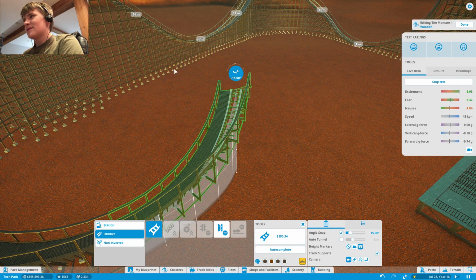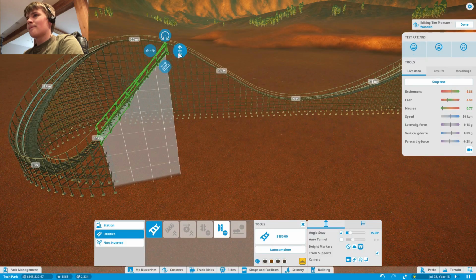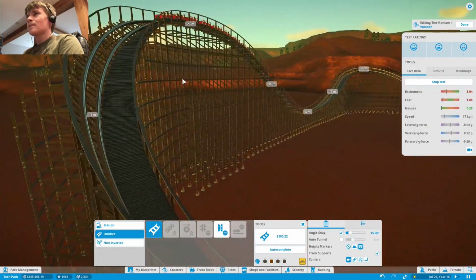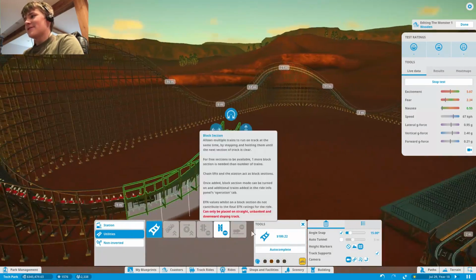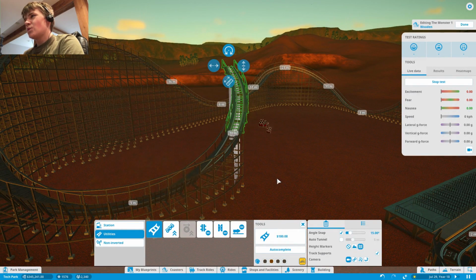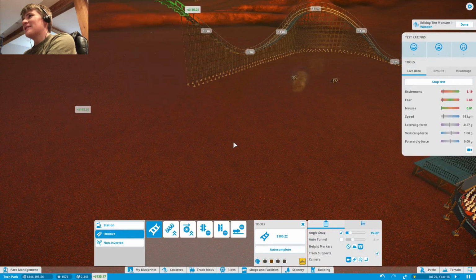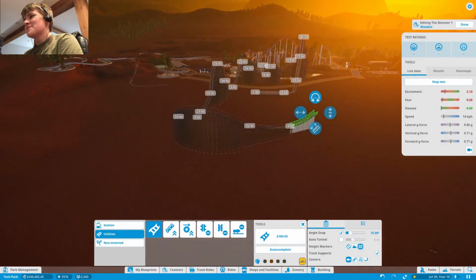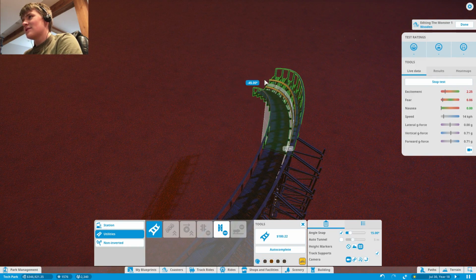Have this come up and go like this, and well, that is slow. Oh my goodness. Okay. That is most definitely running out of speed. My concern is I don't want this to take up too much land. So what I might do is I'm actually going to come back here and make this overbank turn a bit less